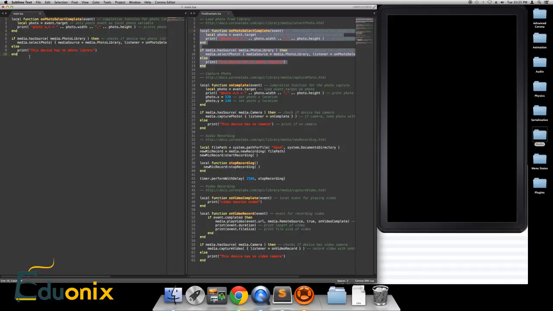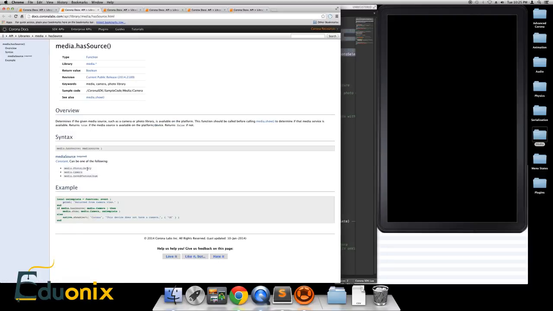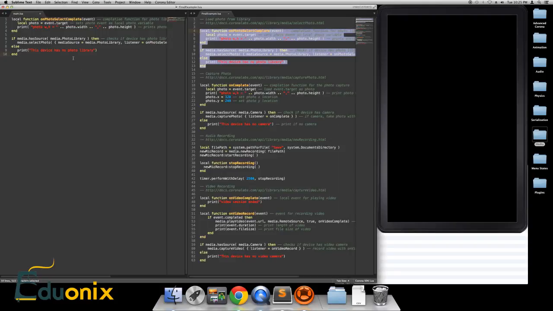In order for us to cover this, first we have to look at hasSource. With the three different types of things that we can do here, photo library, the camera, and the album, we actually need to check to see if the device has this capability. So before we try to tell it to take a photo, we need to make sure it has a camera itself. So the thing we do here is if media.hasSource, for this one we check to see if it